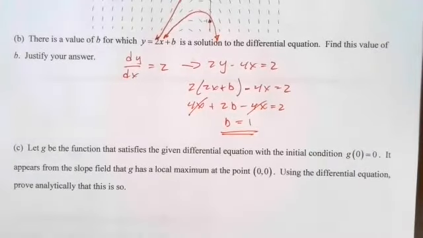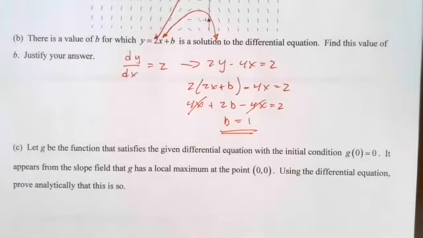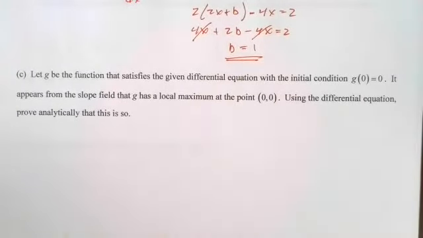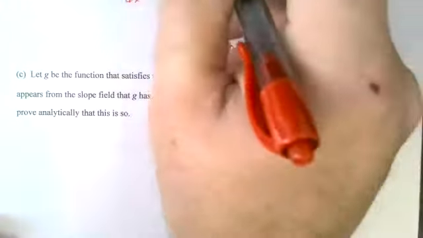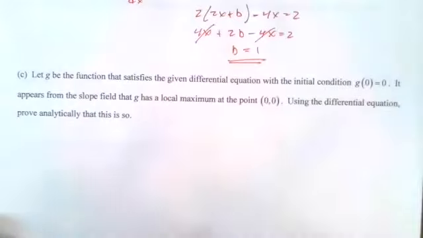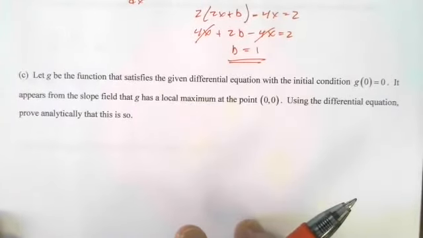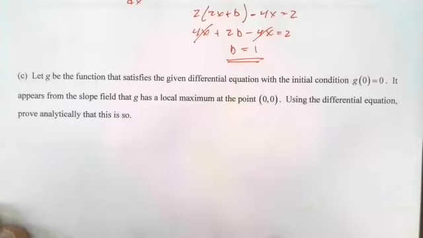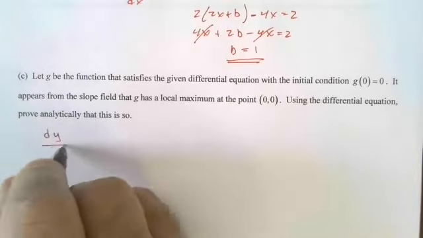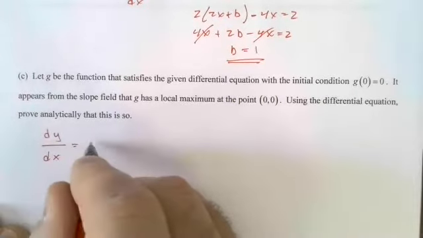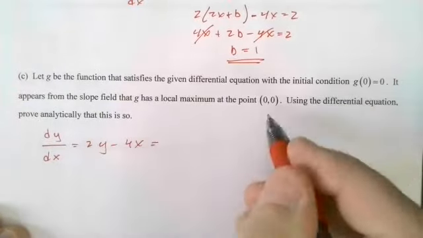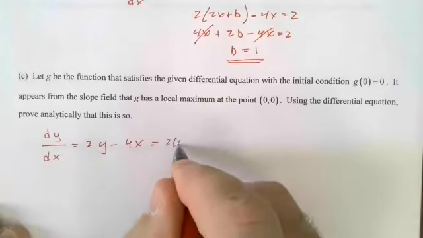That's cool math. Let g be the function that satisfies the given differential equation with initial condition g(0). Here's the slope field. g has a local maximum at (0, 0). All right, so it looks like it's got a peak-ish there. Using the differential equation, prove analytically that this is so. All right, cool. dy/dx equals 2y minus 4x, which according to (0, 0) here is 2 times 0 minus